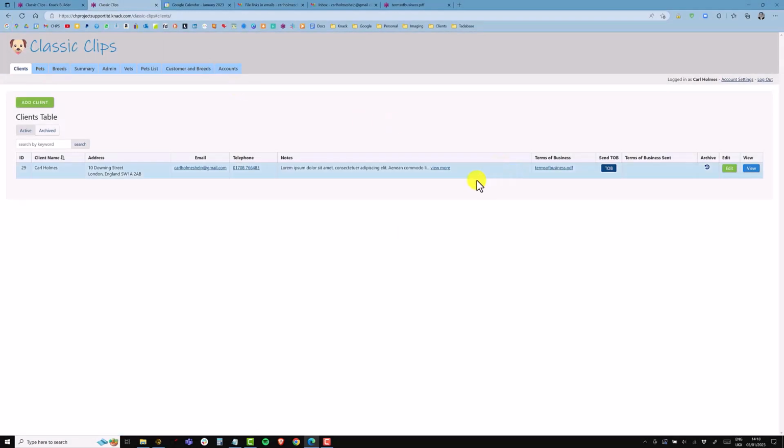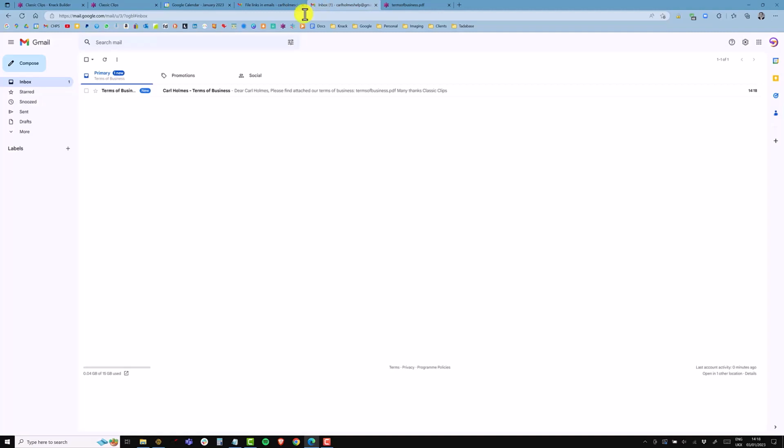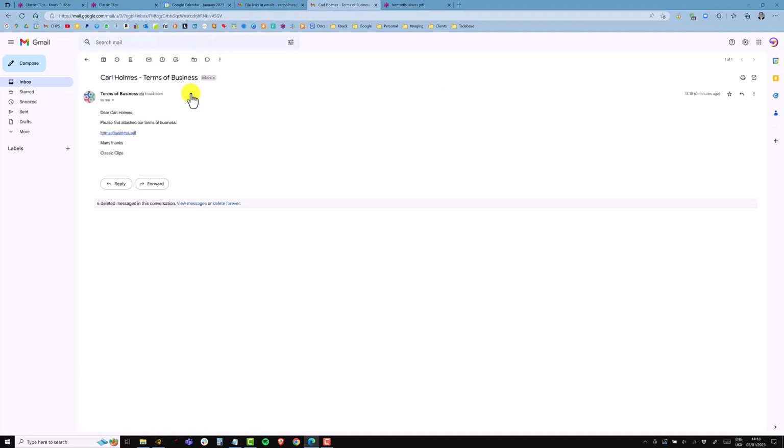Okay, so now the browser's refreshed. We've got the email address here. This is our action link button. There's no terms of business sent date, so I'm going to click on the button. That will run. We got the pop-up card here to say that the TOB has been sent. Those two action rules would have run in the background. You can see here that the terms of business has been populated for today's date and time of when that was pushed. And then if I check my email, I get the email here,